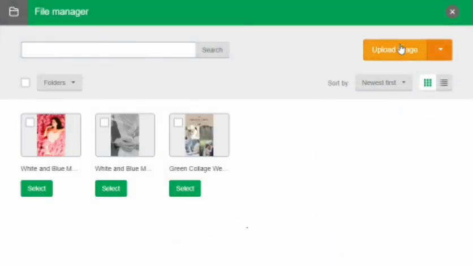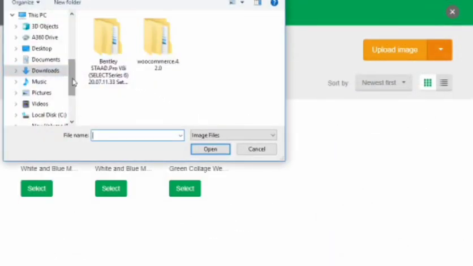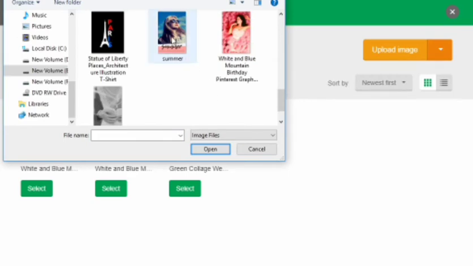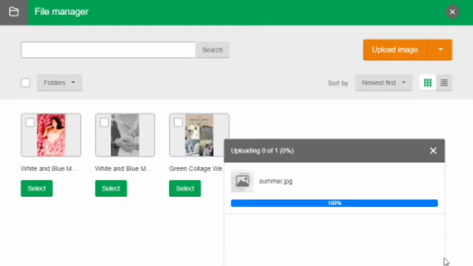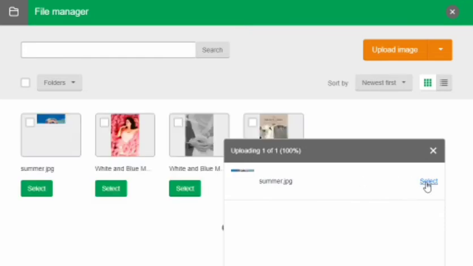Click on change and see, I have already uploaded a few images. Now I'm just going to add another one. I have skipped a few steps because they're repetitive. I'll be showing you what is important, so don't think that you are just lost with it. I have skipped a few parts, or the video will be too long. It's already 13 minutes I think, so it would take much more than what I have created now.